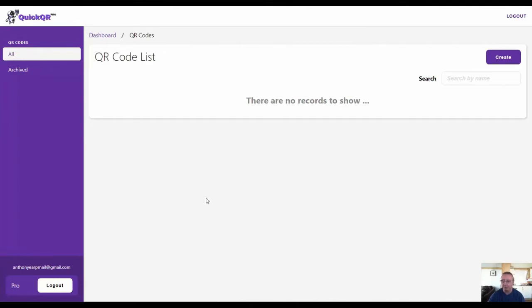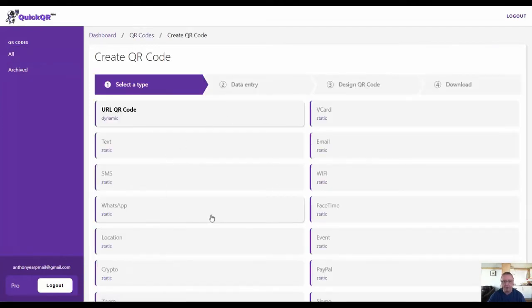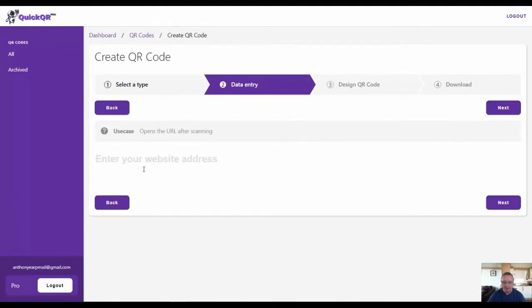But once you've logged in for the first time, this is exactly what you'll see, and literally to create your first QR code all you need to do is this. Just click create, choose which type of QR code you want to create. It's obviously going to depend on your project, but for demo purposes I'll choose the dynamic option, URL QR code. I'll use Google as my destination URL,